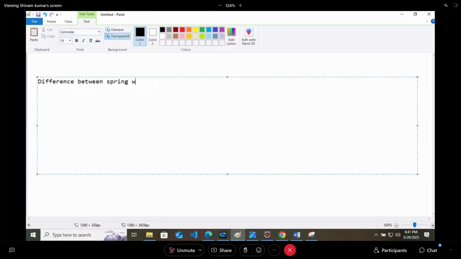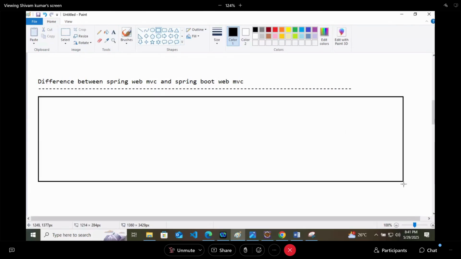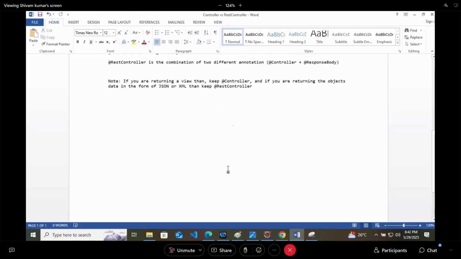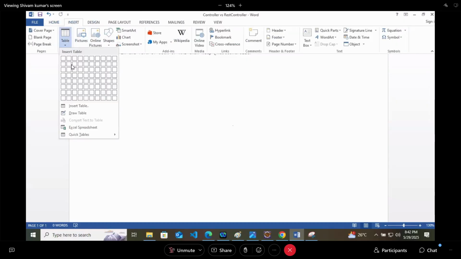So let's understand that. Here we will write the case, and how Spring Web MVC will work on that, and how Spring Boot Web MVC will work on that.